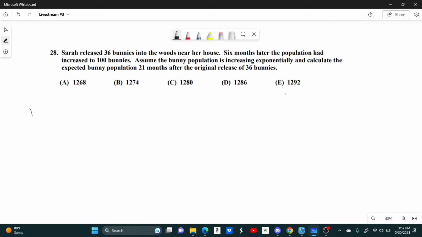We know that the population at time equals 0 equals 36. We know the population at 6 months equals 100. Assume the bunny population is increasing exponentially. So we have these two things. The general form for a